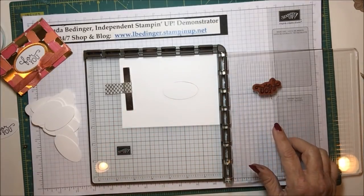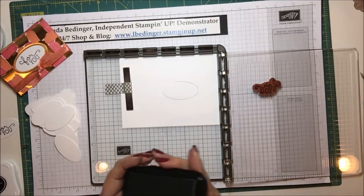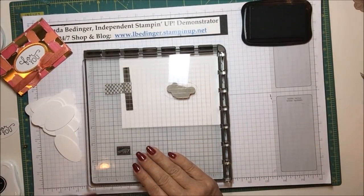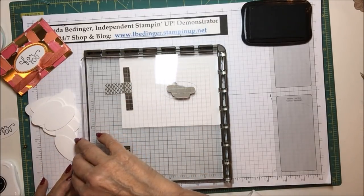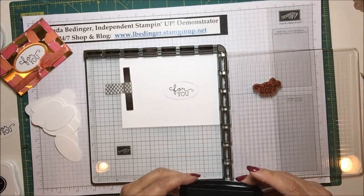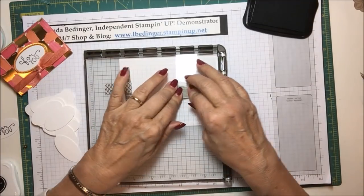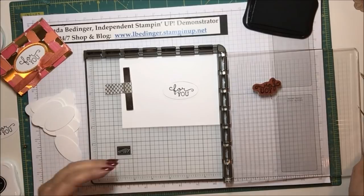My stamp is all set up, and here I've got my Momento ink, which I'm going to ink up my stamp here, close my Stamparatus, press down on my stamp, and there. Now see, I didn't get a perfect image on that, so this is the beauty of the Stamparatus. I'm going to re-ink that, and guess what? It's going to re-stamp it in exactly the same position. So there I have a perfectly stamped